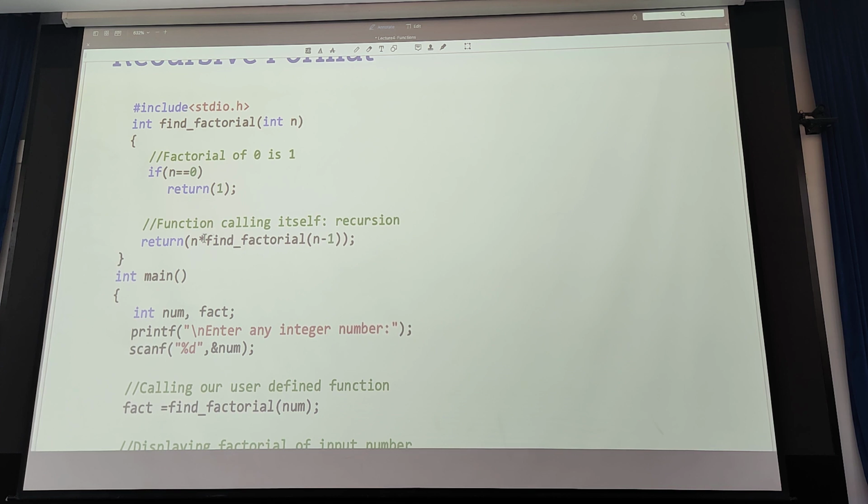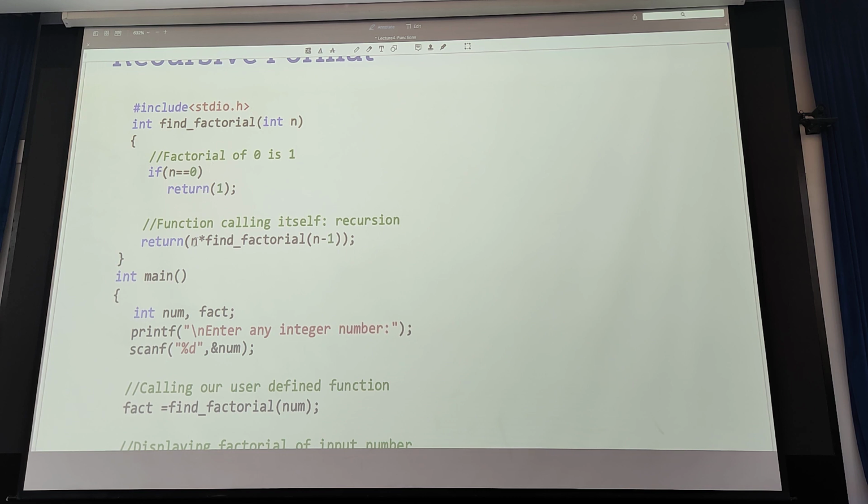And in order to compute the factorial of n minus 1, the function calls itself inside the function. Let's say n is 3, we call the function factorial of 3. So at first, it will return 3 multiplied by factorial of 2. And let's say the factorial of 2 will check.